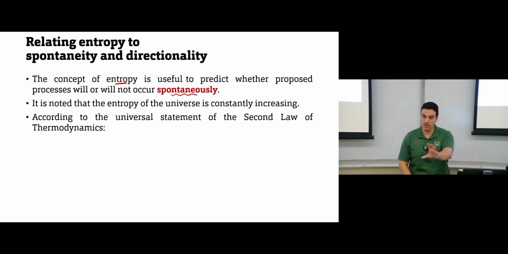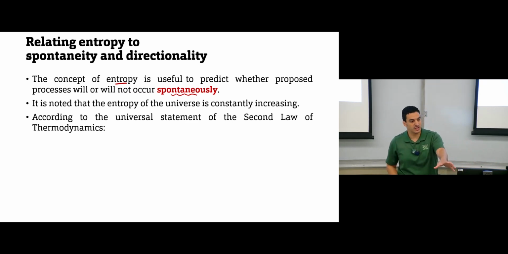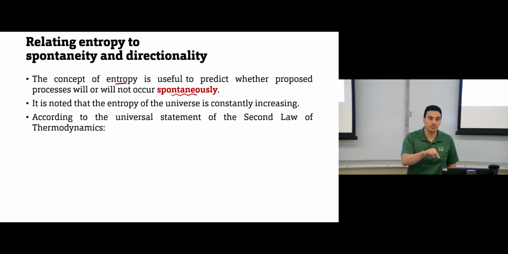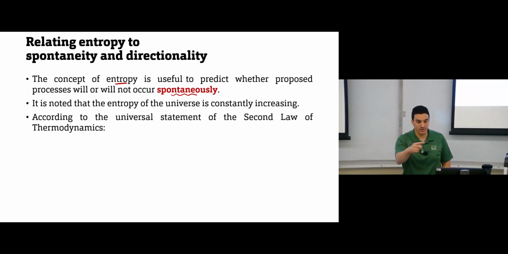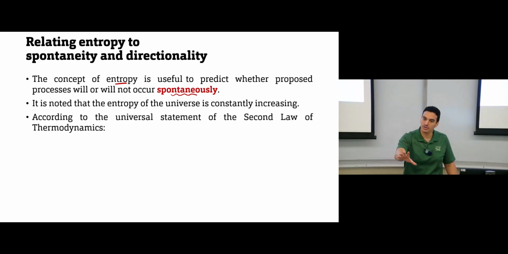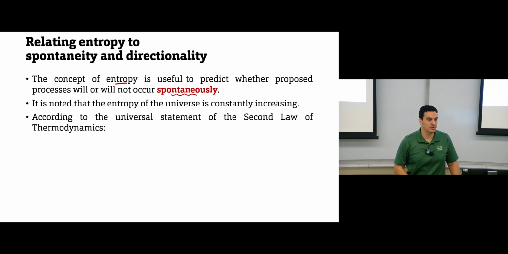So if you have a hot cup of coffee and leave it on the table for some time, the temperature will decrease. This is consistent with the first law of thermodynamics. If you get cold coffee and put it on the table, the temperature will increase. This is also consistent with the first law. But the second law puts some limits here. It tells you the first process is possible to happen spontaneously. If you get hot coffee, its temperature will decrease because this is consistent with the second law.